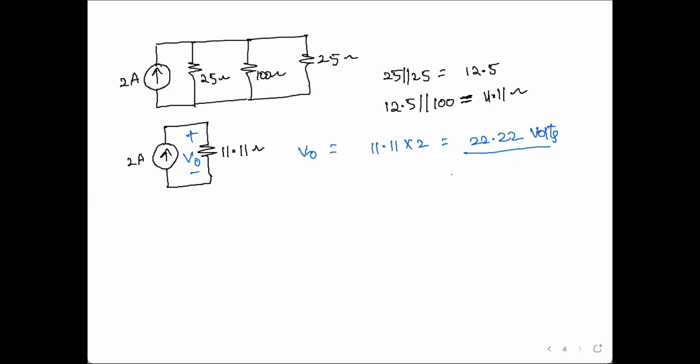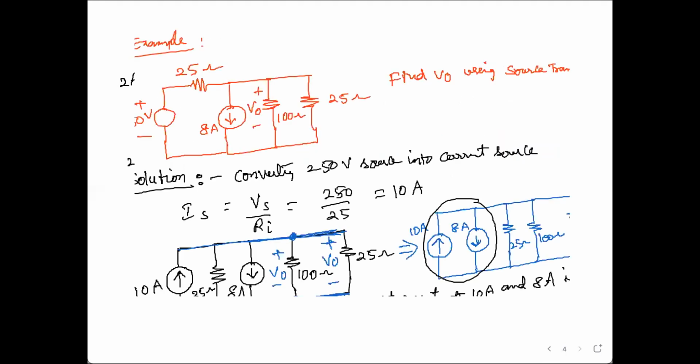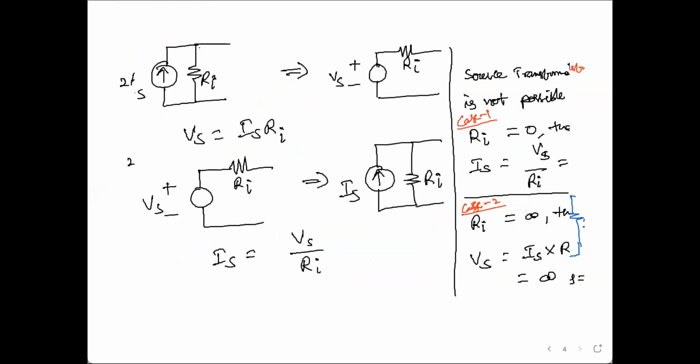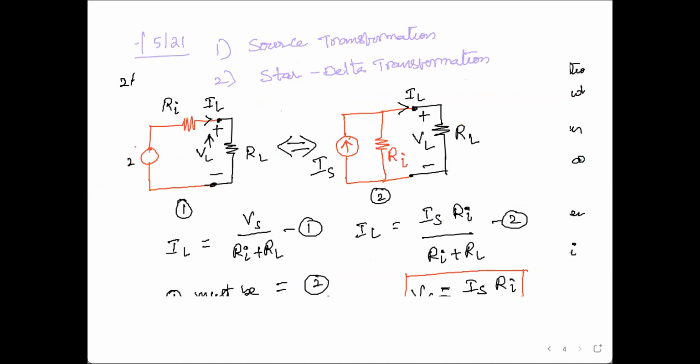Sir, once explain how a voltage source is converted to a current source. Previous slide? Yes, sir. How is a voltage source converted to a current source? So using source transformation. This one we have seen, right? Simple derivation we did. Are you able to see these two figures? Yes, sir.